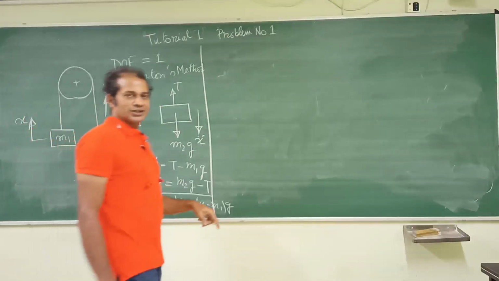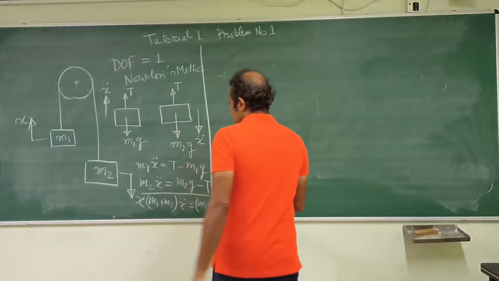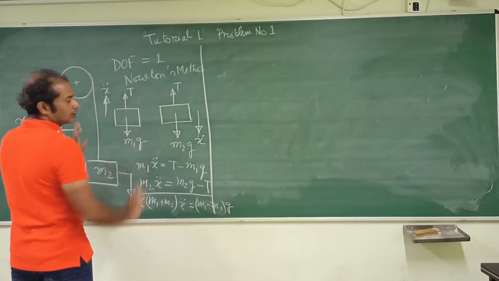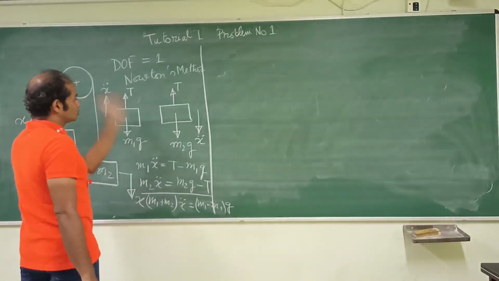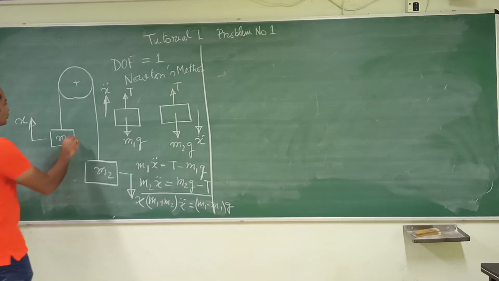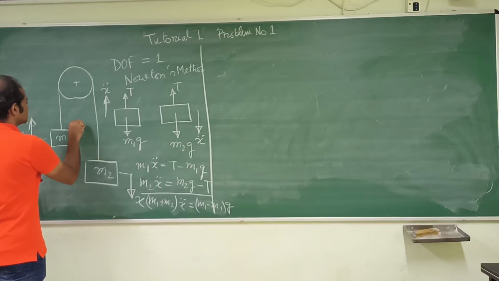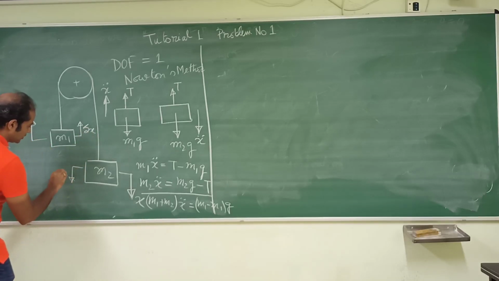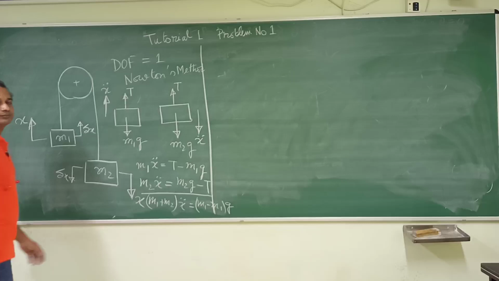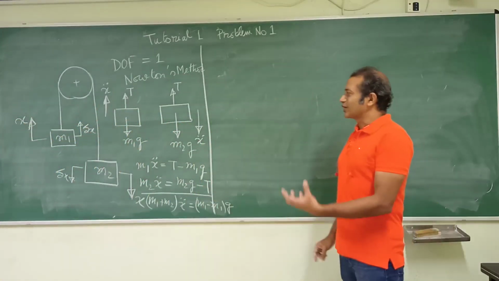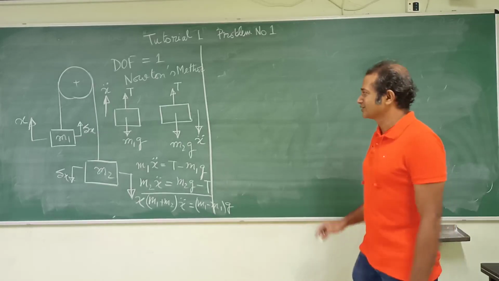Now I will be solving it through the principle of virtual work. For the principle of virtual work, I am not going to use the principle of determinism. I am not going to detach this mass at all. What I will do is give a virtual displacement of delta x at this position. Similarly, I have to give a virtual displacement delta x over here.